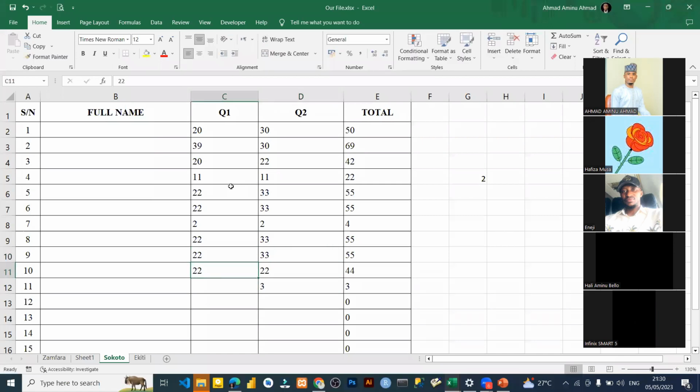This is something about addition, and why Excel is very much easier to work with whenever you want to do anything related to mathematical functions. So this is number 1, and we are done with